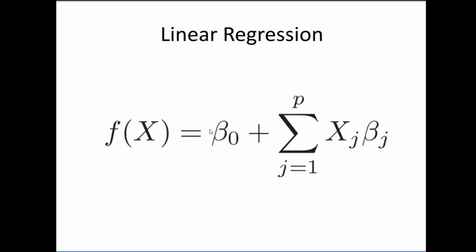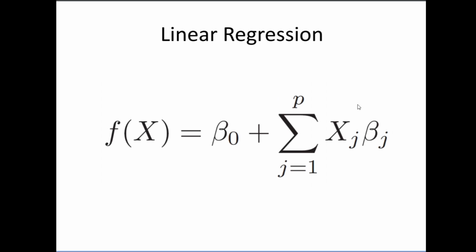Now, what is beta 0? The intercept. And every beta j you are looking at here corresponds to a p. Now you have p variables in your data. So for each of those variables in your data, a beta will be calculated. Now the whole linear regression function would look like this.